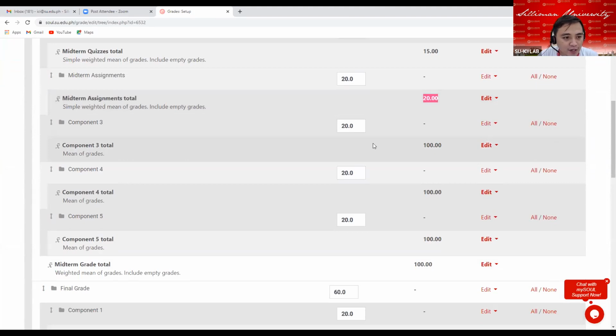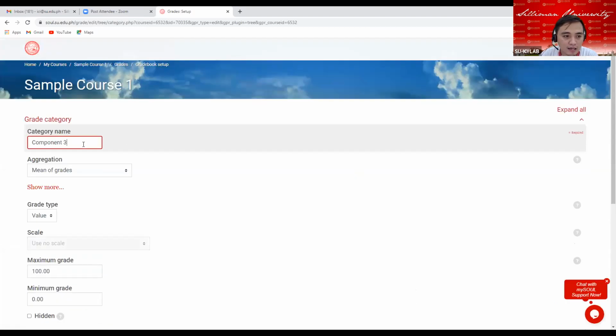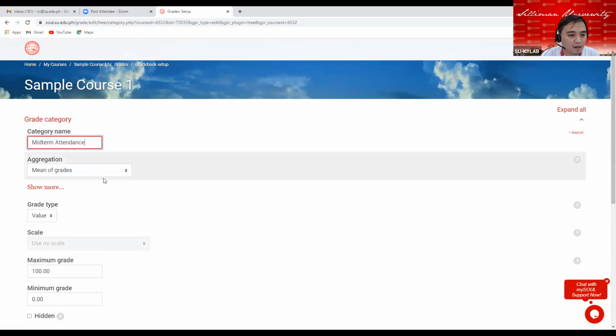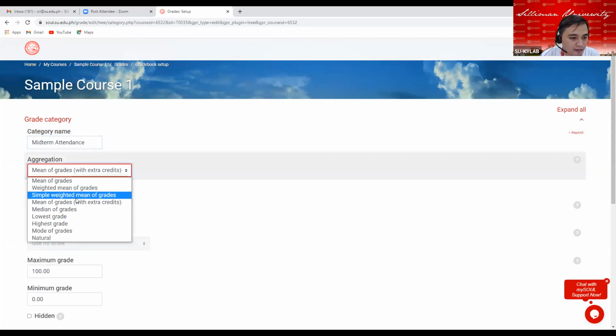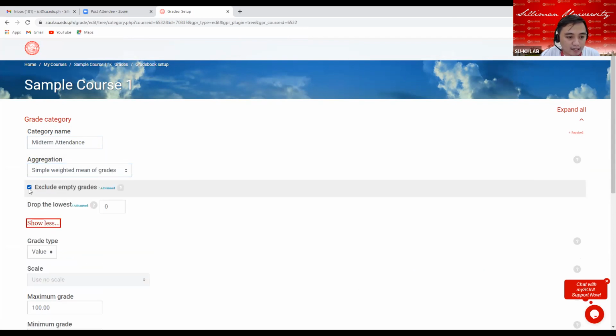So now let's proceed with component 3. We will edit that one. Again, the same steps: Edit, then edit settings, and then component 3. We will rename it to midterm attendance, for instance. And then the aggregation is simple weighted mean of grades, then show more, uncheck exclude